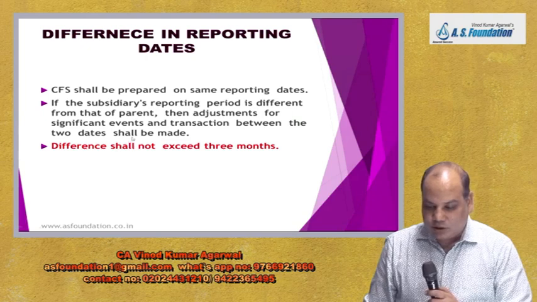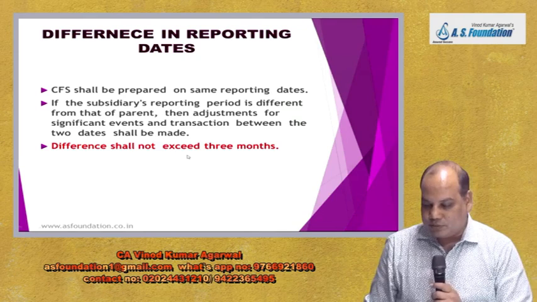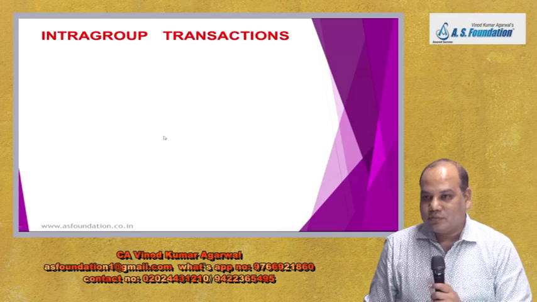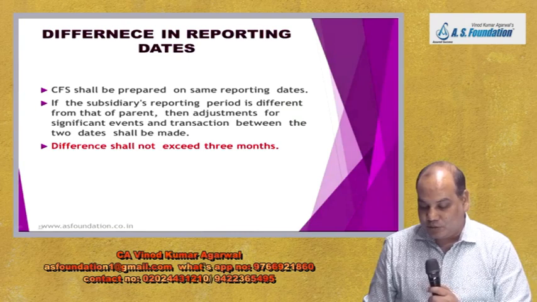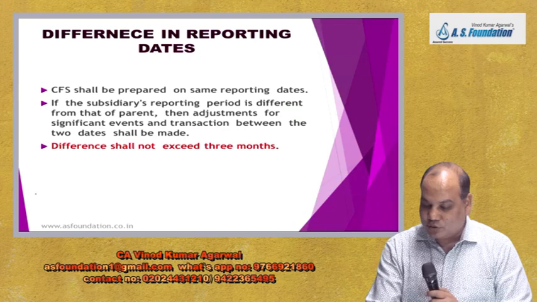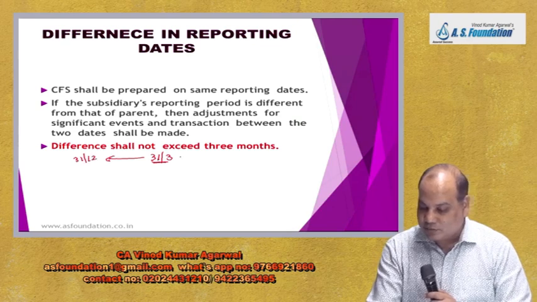In any case, what the standard says, the difference should not be for more than 3 months. Whose financial year should end first? Subsidiary. Whose financial year ending date should end first? Subsidiary. Because the difference should not be 3 months, it can be interpreted like this also. Parent year ending date is 31st March. So whether 3 months on this side, that is 31st December, or 3 months on this side